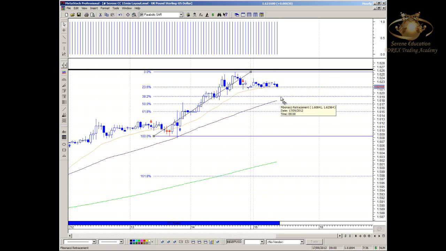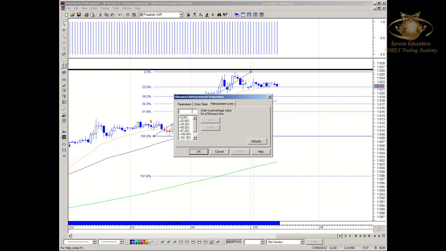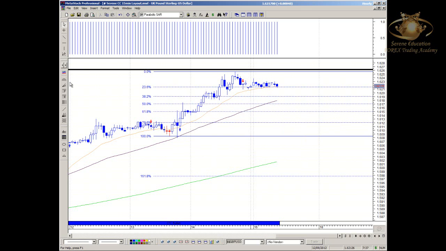We should be targeting the 38.2 here at 1619, which will bring us back towards this 50 period moving average. Break below that, take us towards the 50% line, the 61.8, and most importantly the last one here would be the 78.6 mark, which I just put in here, would take us back to this prior consolidated range before we